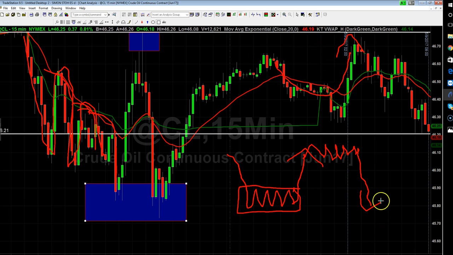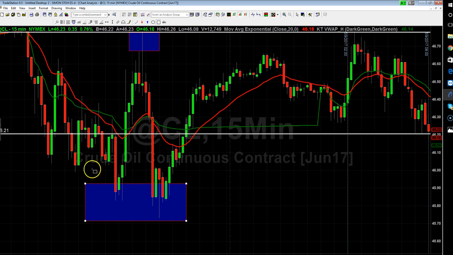So now I'm going to take it one step further. Hopefully I've done a good job of clarifying the difference between how the price action looks when we're in balance versus how the price action looks when we are in momentum, right? So if I've done it in a short period of time, we're going to break down to the 5-minute chart. Again, this is just the basics.